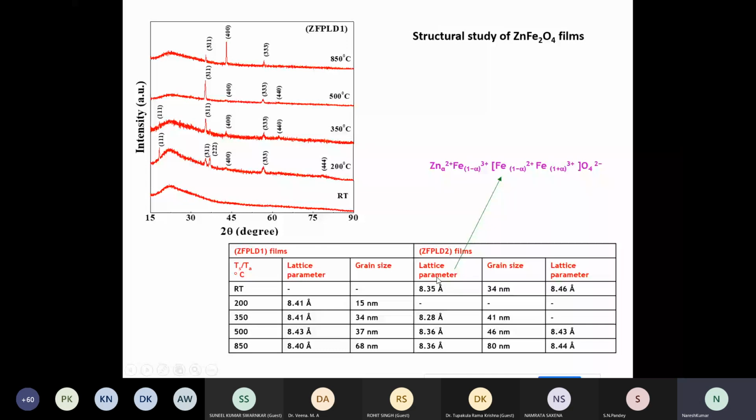So what we did is we tried to calculate the rearrangement of atoms, these ferric ions and zinc ions, from A to B or B to A site, and then we tried to find out whether the value of lattice parameter which we are observing matches with the redistribution of these ferric ions, and we got yes, it is the case. Now, the interesting problem is this: although zinc ferrite is diamagnetic,